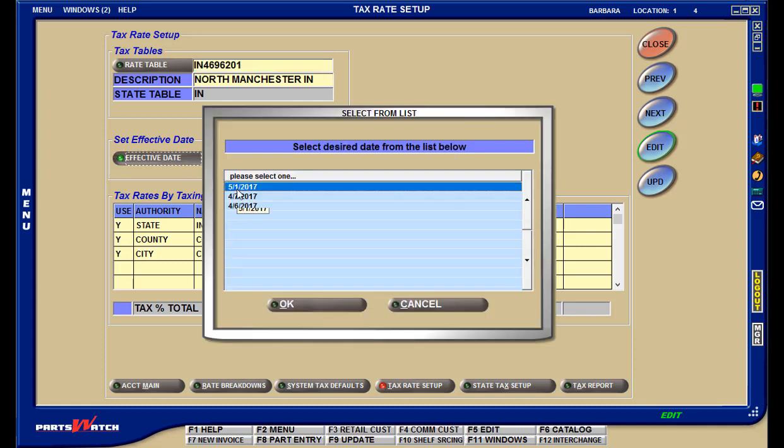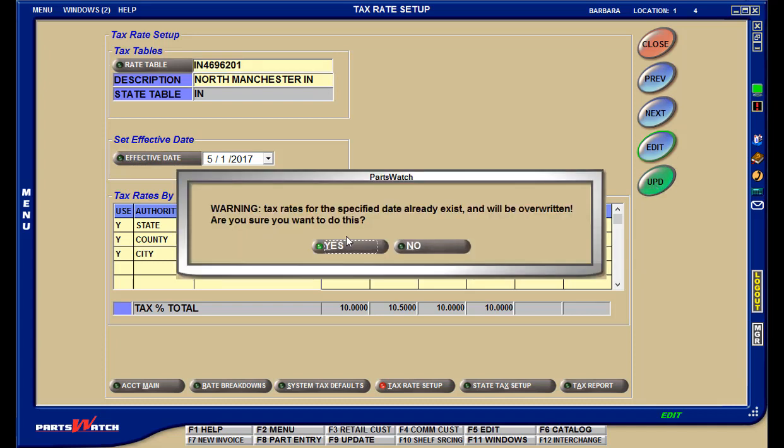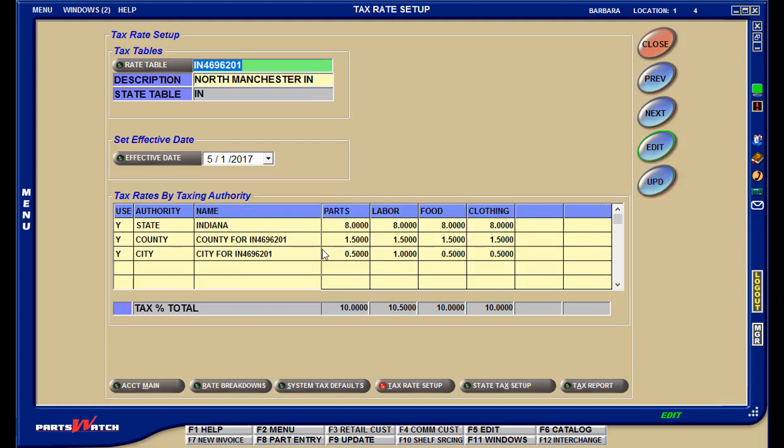If you think you might have made a mistake, just click the Effective Date button and reopen the table for either the date currently in use or the date with the changes just made. If you reopen an edited table and make changes, the system will prompt telling you edits were already made for the same date and asking if it's okay to change them. Answer yes if it is and no if it isn't.